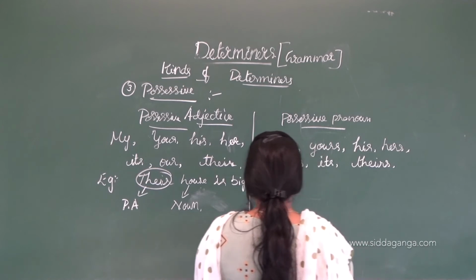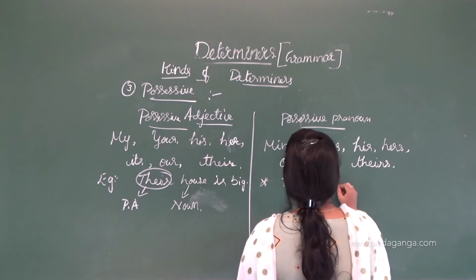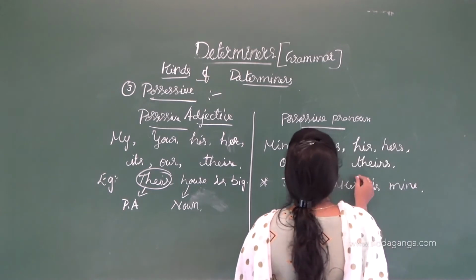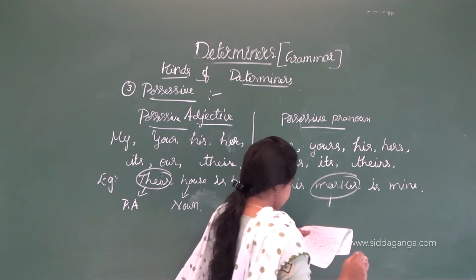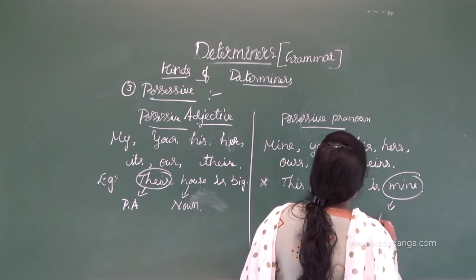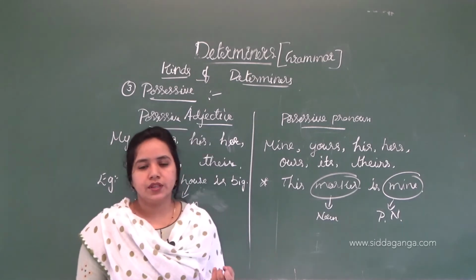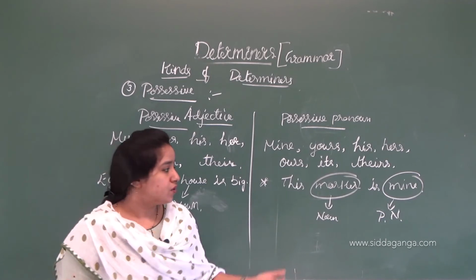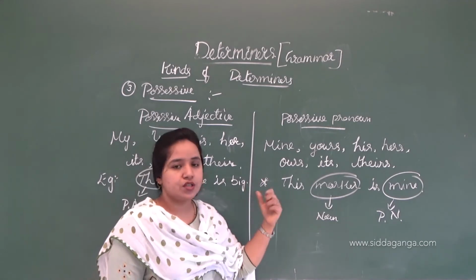This marker is mine. Here, the noun, and it says the "mine" is the possessive noun. It is only about a marker, the marker which belongs to me, one and only me. So that is called the ownership of a thing. So we can use "mine" here, but it says about a possessive pronoun. Mine is called a possessive pronoun.